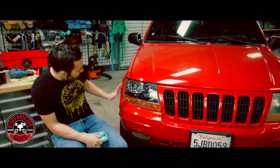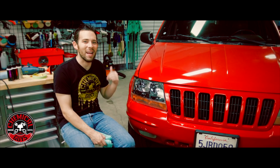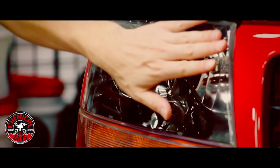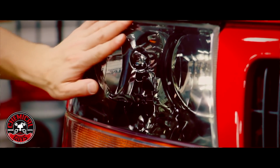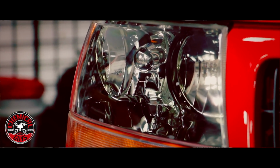And there we go. Now the results of this is simply fantastic, and I know the owner is going to be real happy when he comes back and sees that his headlights are brand new. Now these things are crystal clear, they're smooth as glass, and they really make the whole car look a lot